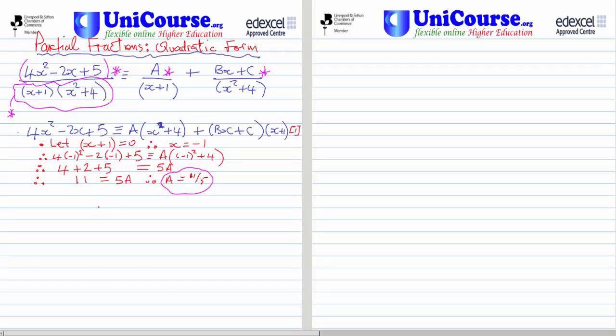So what can we do now? We've had a look at this bracket. We've made x equal to minus 1. We can't really make any other brackets 0 easily. Making x 0 isn't going to help us much either. So this is where, if you check in the workbooks, you'll see something about equating coefficients. And that's exactly what we're going to do next. So I'm going to equate coefficients